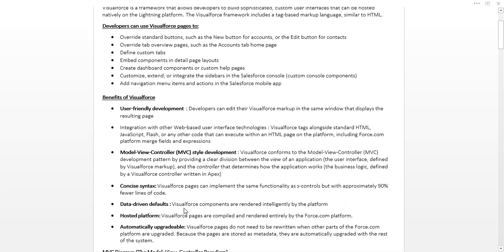Next, data-driven by default. Visualforce components are read intelligently by the platform. Hosted platform: Visualforce pages are